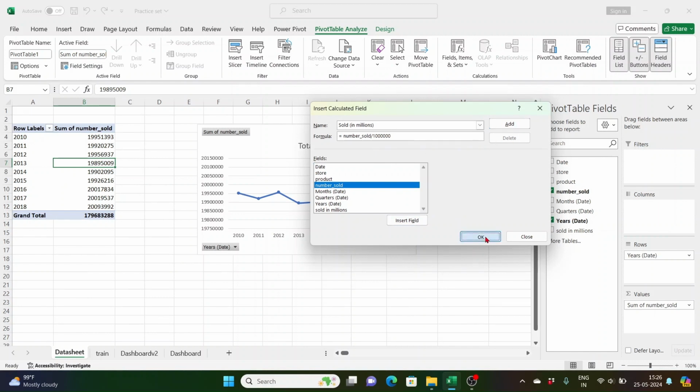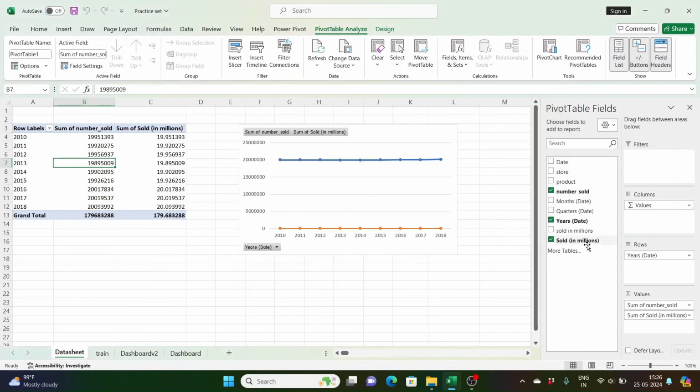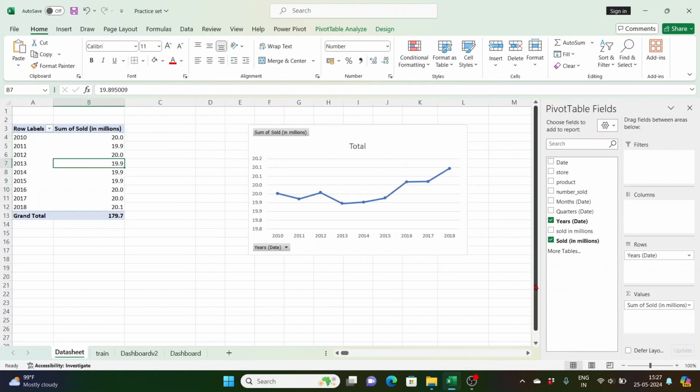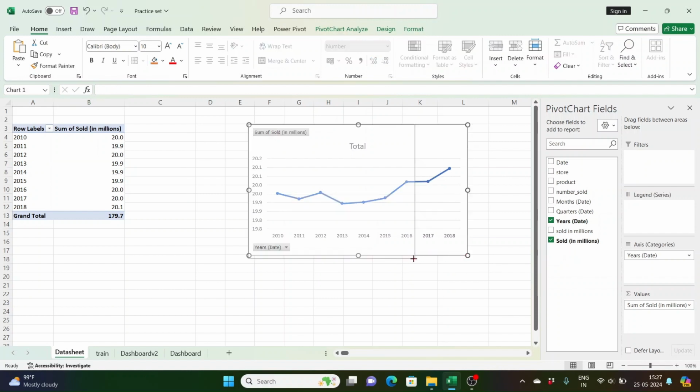Yes. So now you see sold in millions has come up, and you can see this particular figure is now 19.951393 millions. So let us now change the decimal view, and remove this number of sold from the pivot chart. Now you see this figure, this range has changed. Now this is better for charts, so we can take this chart and put it in our